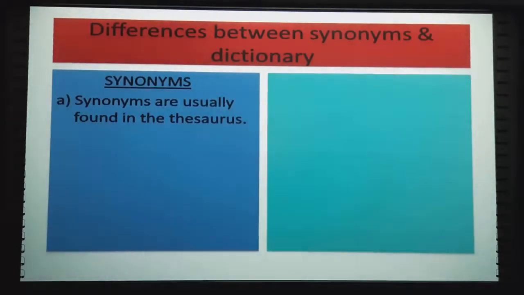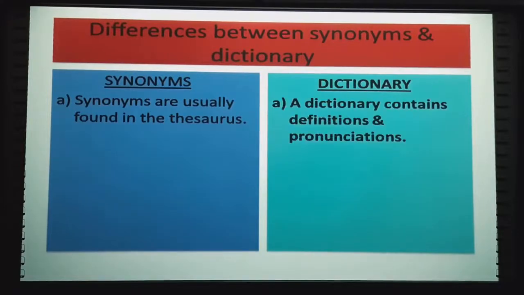Synonyms are usually found in a thesaurus, a book containing information on each and every topic, while a dictionary contains only definitions and pronunciations. So definitions and pronunciation of various words we can find in a dictionary, while synonyms are found in a thesaurus. So these are the differences between synonyms and dictionary.